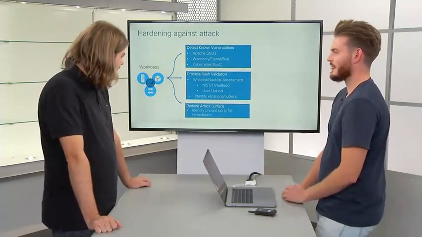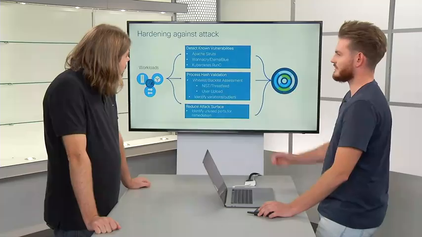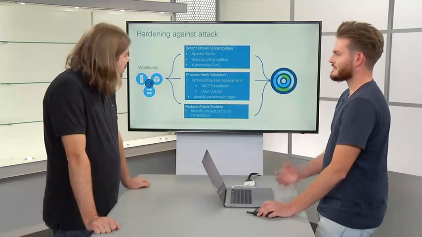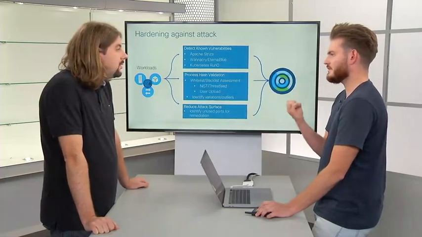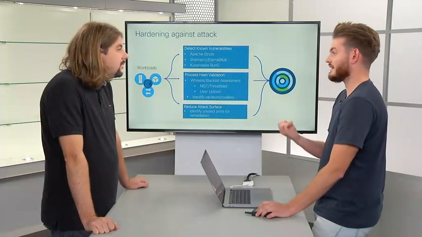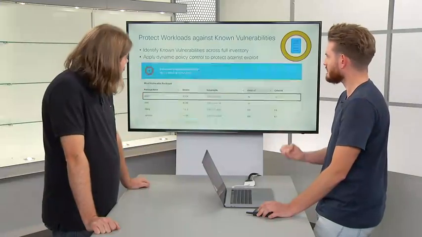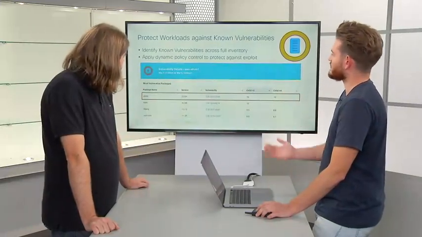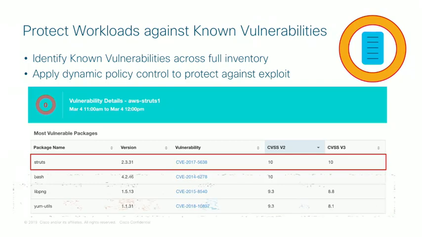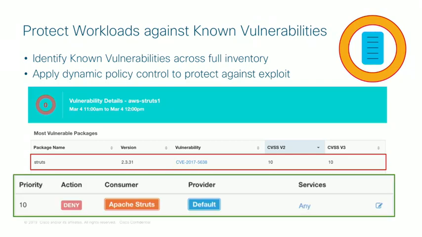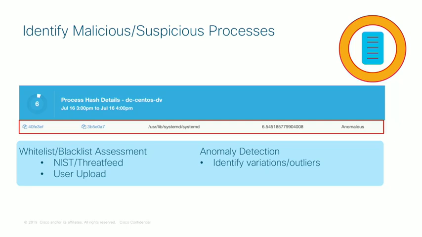I see. So we can move on from hardening the attack surface, where we can apply controls using Tetration. And that's going to help you lock down and potentially avoid some vulnerabilities on those workloads and help you detect if there is a bad known state for that policy. So we're going to look at the workloads, look at those vulnerabilities, help you put policies in place that might protect you against those known vulnerabilities. So that's the sort of virtual patching, right?